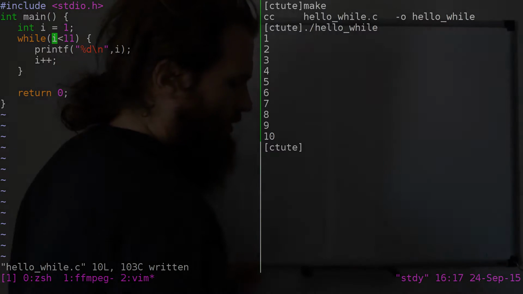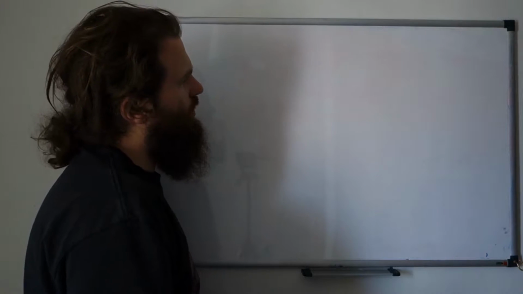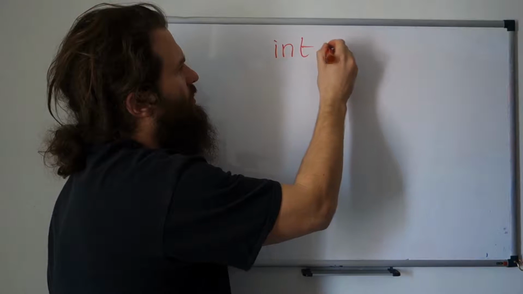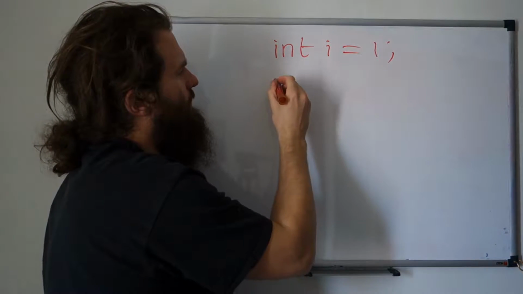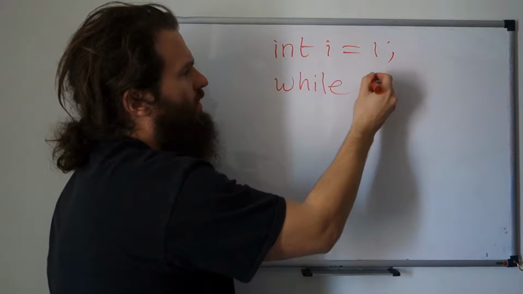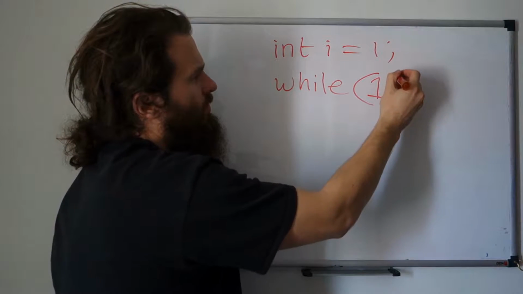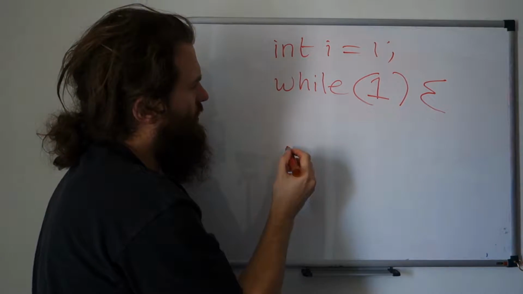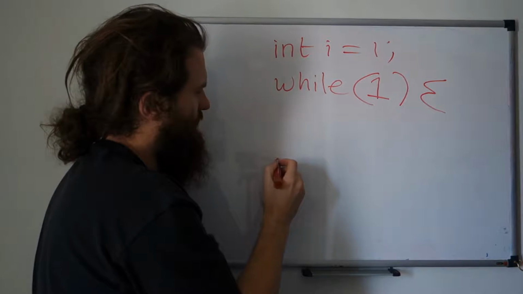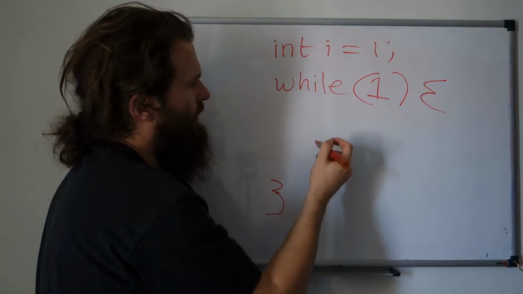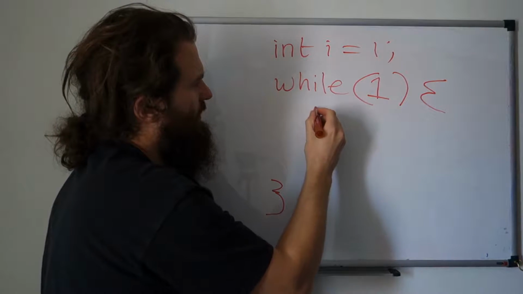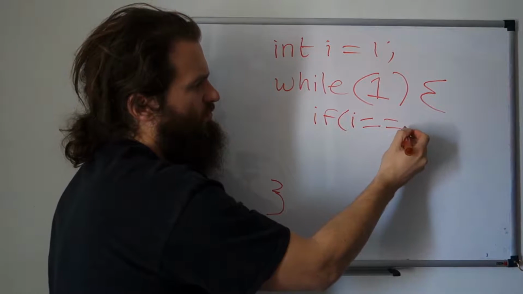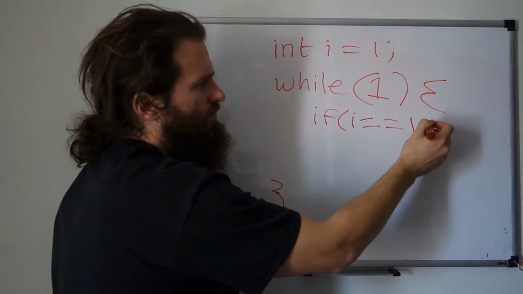false and it exits. Another way we can write that, and you quite often see people using a while loop like this, is the following way. So we still have our i, but then in our while condition, we just put a 1. So we loop forever, because 1 is always true. And then inside the loop, we do something like this. If i equals 11,